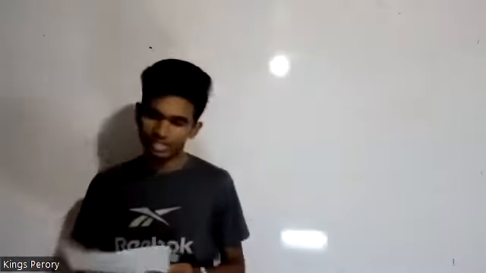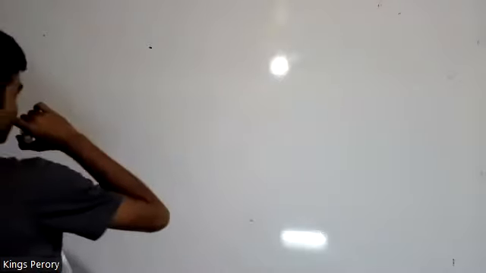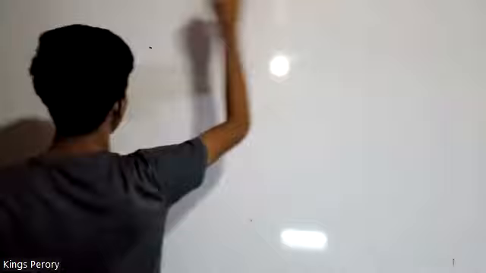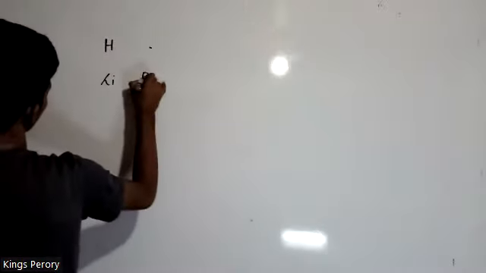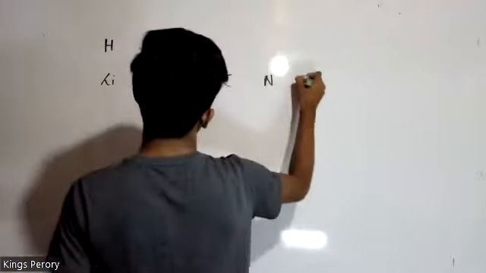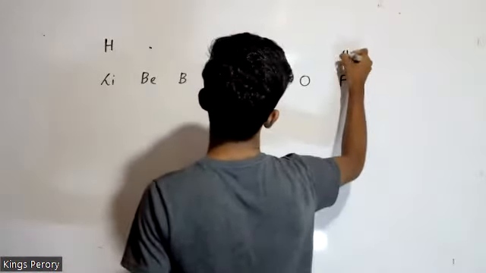To do this section, you surely should know the periodic table, right? Any student doing science should surely know the periodic table. Don't go to the final exam without knowing it. Surely you should memorize the periodic table. That's a must. Periodic table: hydrogen, helium, lithium, beryllium, boron, carbon, nitrogen, oxygen, fluorine,